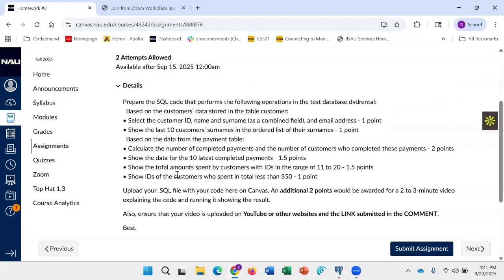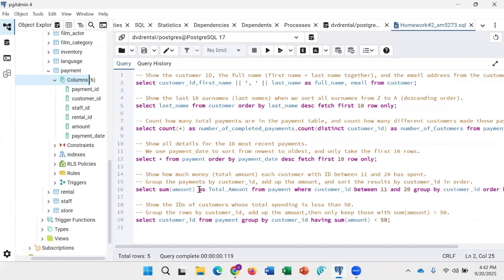And here, show the total amount spent by the customers with the ID range between 11 to 20. So here is the query for that. I use the select command, and here's the sum of the amount. We need to add the sum of the amount of the people. And here I'm using the between command